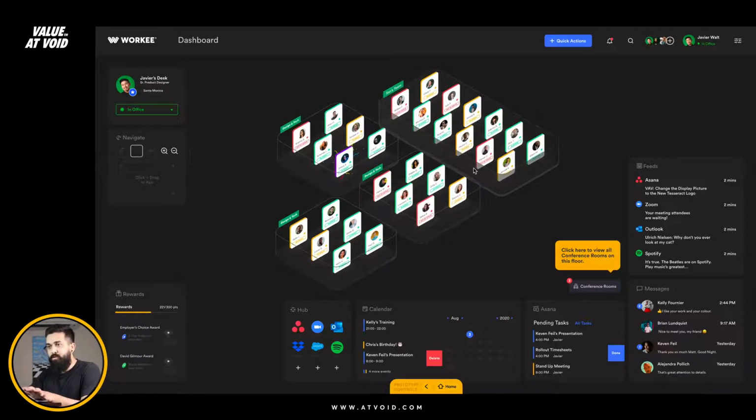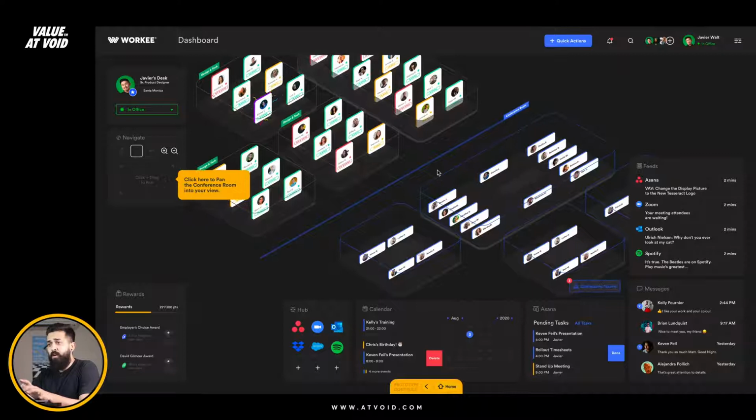All these cards that you see here are all the people, the teams, the blocks, the departments, right? So I can see who's in and who's not. The green ones are the people who are in office. The red ones are out of office. The yellow ones are on a break or something. And then if I click on conference rooms, it slides into a section of this layout where you can see